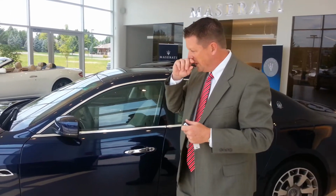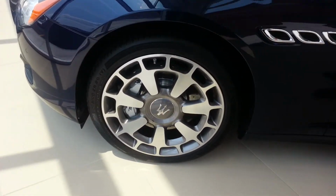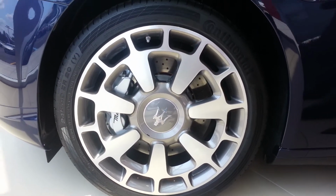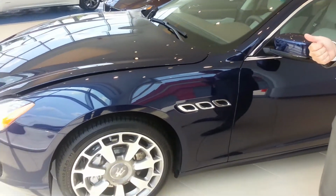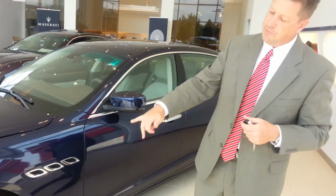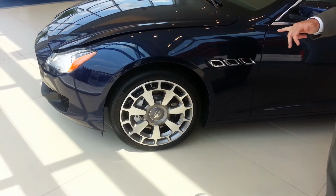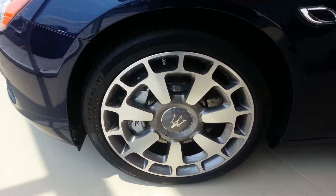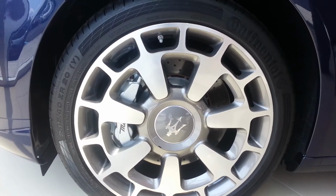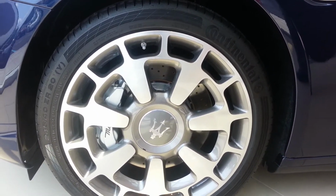So let's come around to the wheels here. They both have 19s to start. Now with the Maserati, you're going to have 20s and 21s as well. And then if you look down there again, the biggest difference between the BMW 7 Series and the Maserati is the big Brembo brakes. These are high performance brakes, which are going to give you 6 piston in the front,